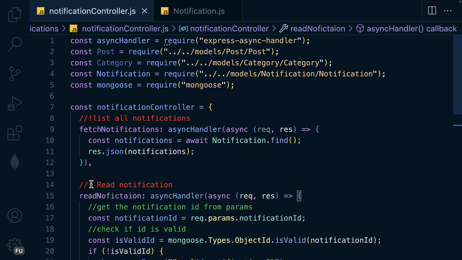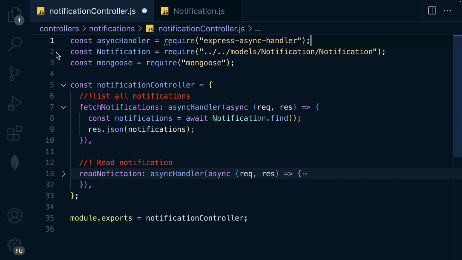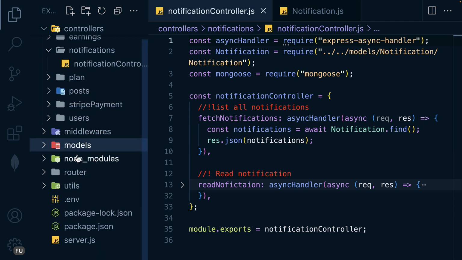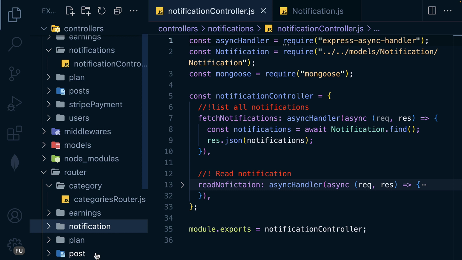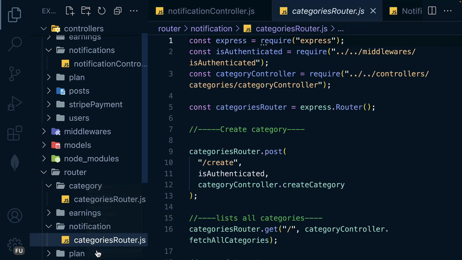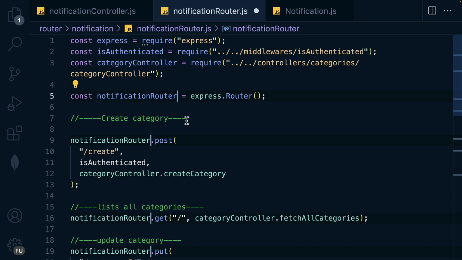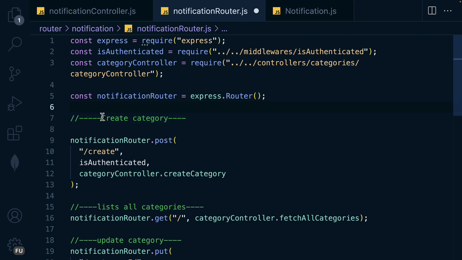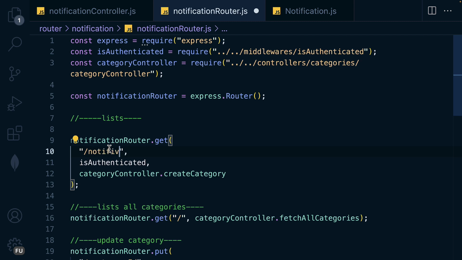Alright, so the last step is that we have to create a router for it. Let's remove these. And for the router, let's use category 1 as notification, and then the name as notification router. Rename this one to notification router, and here there is no creation, but instead we have it as list. Change this one to get notifications,